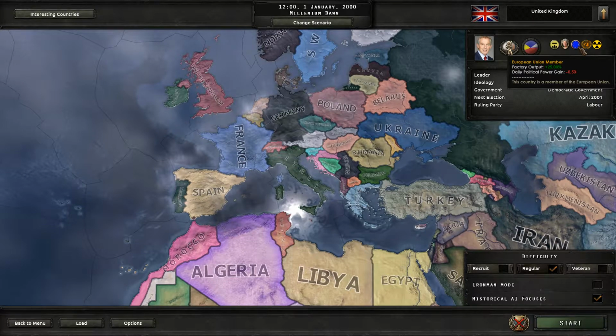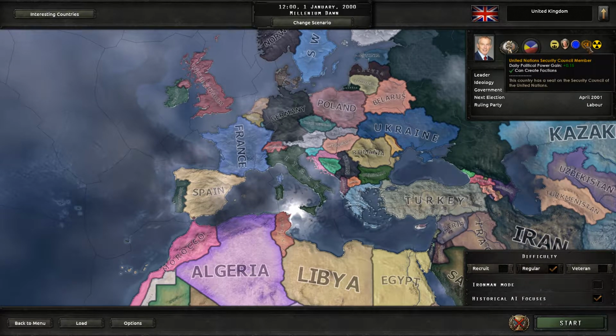Anyway, we're part of the European Union. We're still in the year 2000, so we're still members. It costs us a little bit of daily political power output, but gets us a little bit of factory output, about 25%, which is a lot. We're United Nations Security Council members, which gives us a little bit